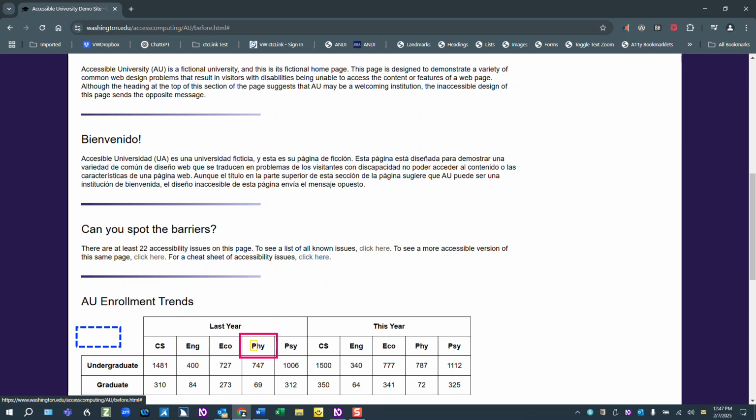Column 4 PHY. So I'm not really getting the full understanding of what these abbreviations are. It's very important that the entire word is announced so that I have complete understanding of what is to be conveyed in these cells. Column 5 PSI. Column 6 CS. Column 7 ENG. Column 8 ECO. Column 9 PHY. Column 10 PSI. Row 3, column 1 undergraduate. Column 2